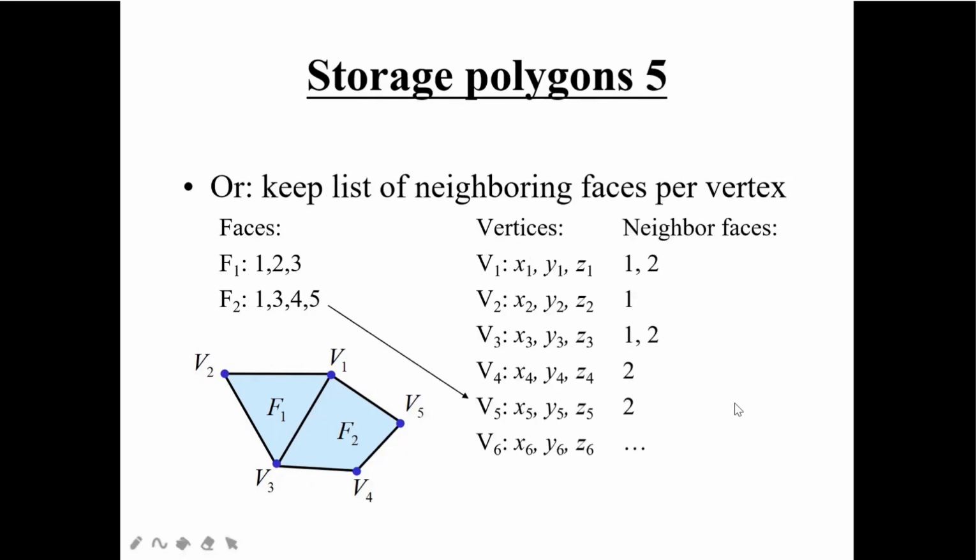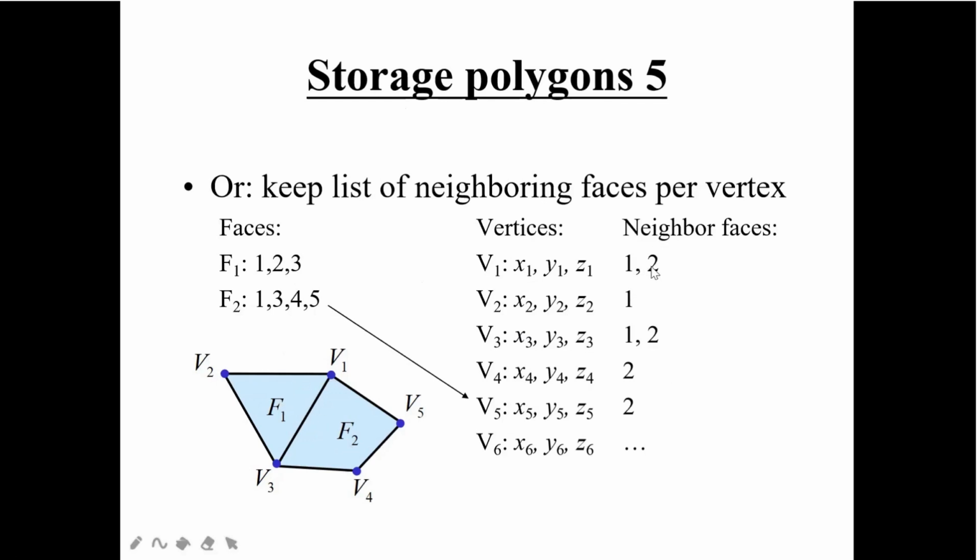Okay. Here one more thing you see, you have to write the neighboring face for your vertex. Okay. So here the face value will be there, faces, and the vertex values will be there. You have to write the neighbor faces. Okay. For your vertex 1, so your vertex 1 is here. Who all are will be your neighbor faces? It can be for your f1, it can be for your f2.